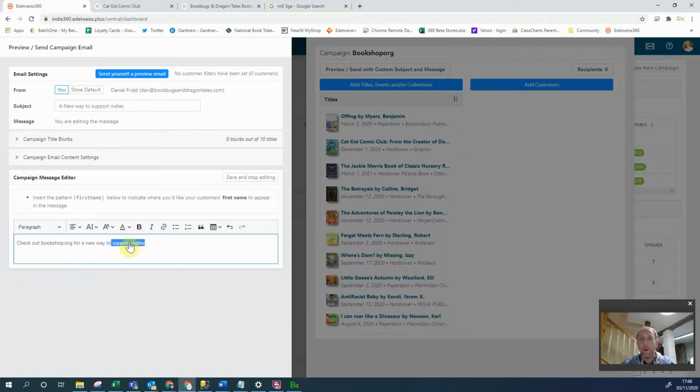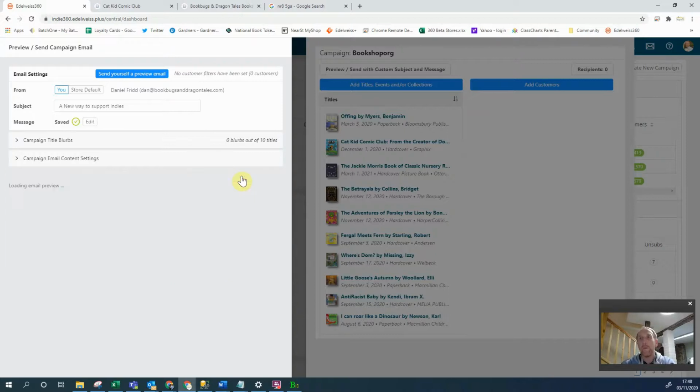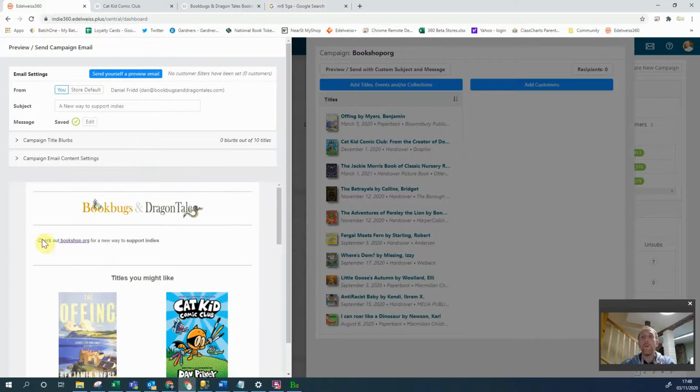Okay, you can highlight other bits, make it bold. Now remember to click save, always remember to click save. And now you can see I've got a bit of text in there. Okay,